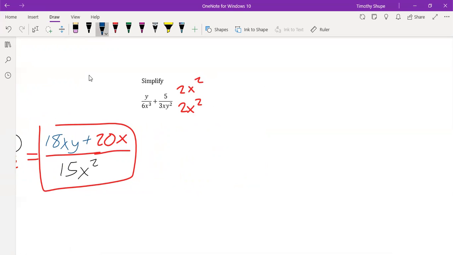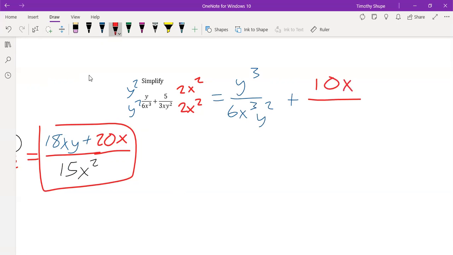But then this first fraction doesn't have any y's in the denominator, so I need to multiply by that y squared in both the numerator and denominator so that I have that in common as well. So then multiplying by what we have gives us a y cubed over, if I multiply the denominator, 6x to the third, y to the second. And then I need to add to that my second fraction. If I multiply out that numerator, that becomes 10x squared. And the denominator ends up being the same, 6x to the third, y to the second that we found in